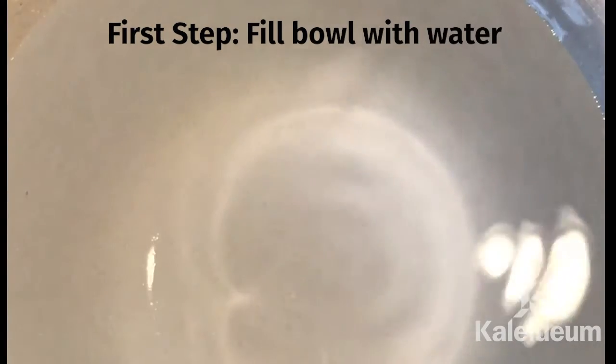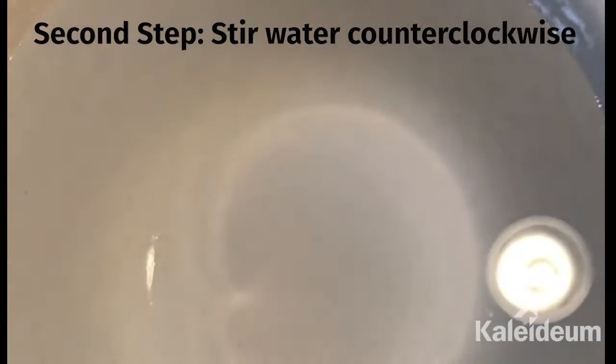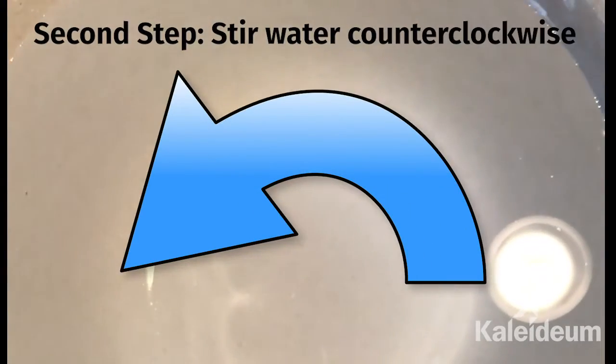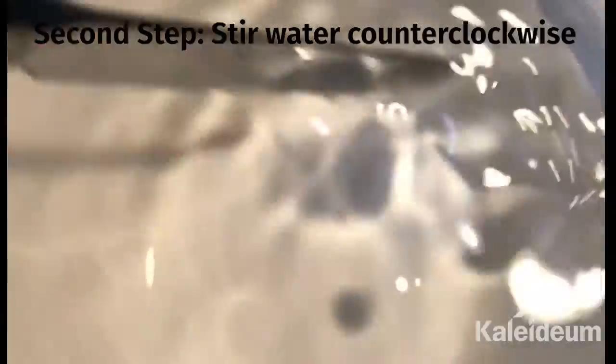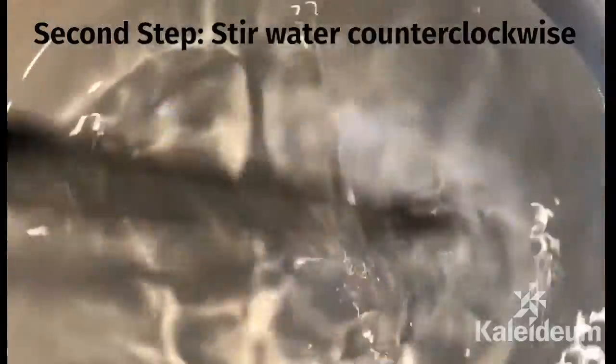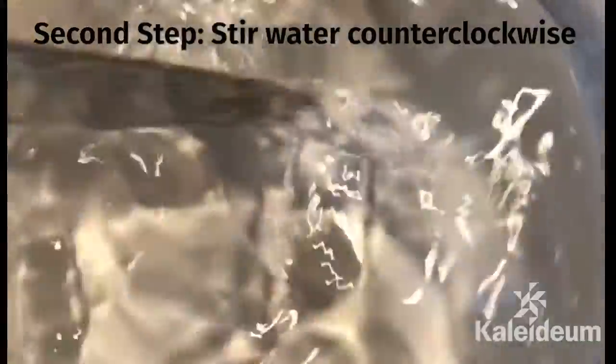So that's why we have our water. Now you can take your stirring stick, in this case my butter knife, and we are going to move the water counterclockwise. Remember, in the northern hemisphere, our storms and our hurricanes are going to move counterclockwise. So we're just going to gently stir it, making almost a funnel on the inside. So we want to cause that spin to happen, because remember, that is one of our ingredients for our hurricanes